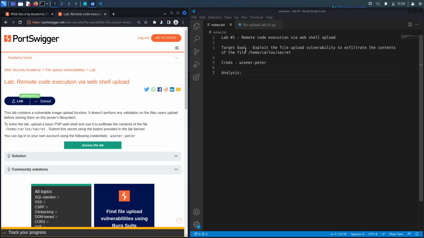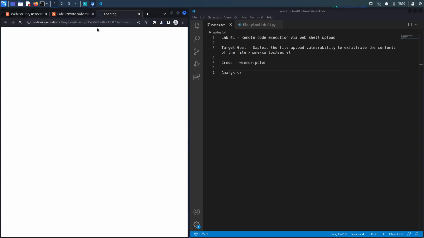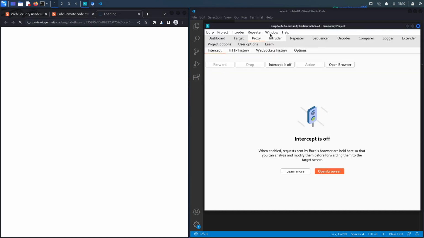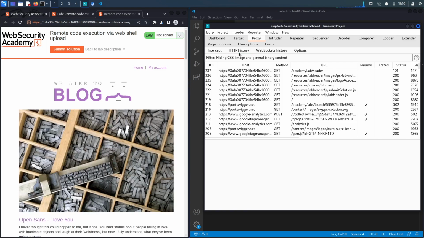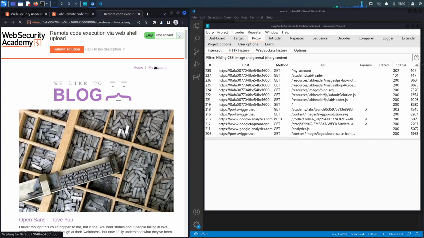Alright, so the target goal over here is to exploit the file upload vulnerability so that we could upload a PHP web shell, which will allow us to exfiltrate the contents of the secret file. Alright, let's access the lab. Now notice over here, this is the built-in browser in Burp, and so all my requests are already being passed in my Burp proxy. Okay, the first thing we're going to do is click on my account and log in